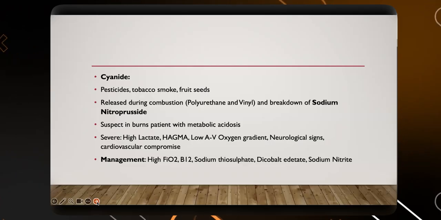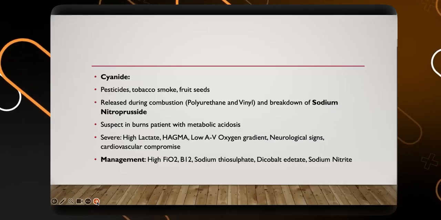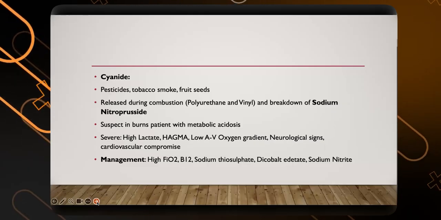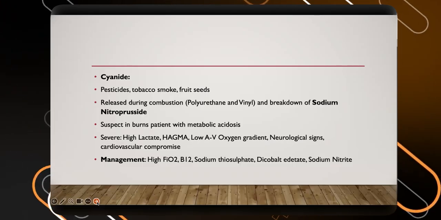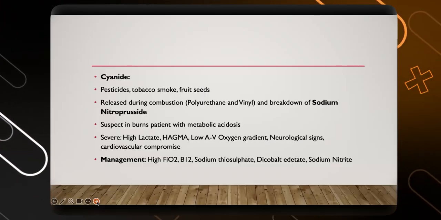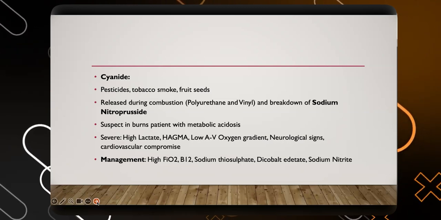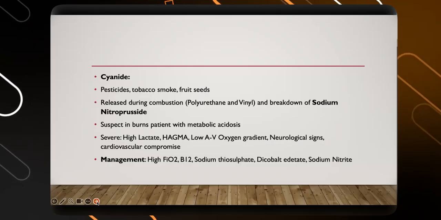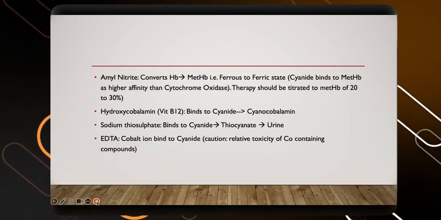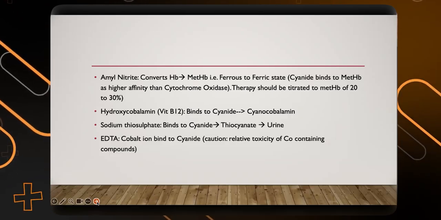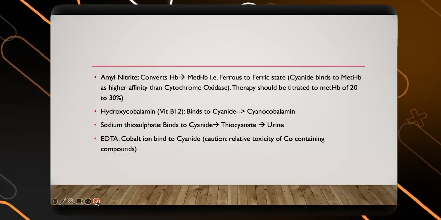Severe cyanide poisoning presents with very high lactate, high anion gap metabolic acidosis, low arteriovenous oxygen gradient, neurological signs, and cardiovascular compromise. And the management is high FiO2, vitamin B12, sodium thiosulfate, dicobalt edetate, and sodium nitrite. Now, how do these individually work? Amyl nitrite converts hemoglobin to methemoglobin, that is, ferrous to ferric state, and the cyanide binds to the methemoglobin as